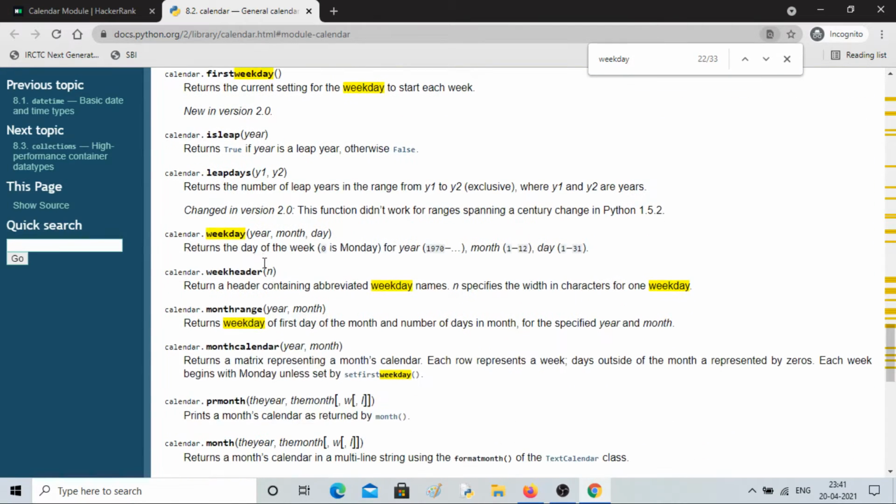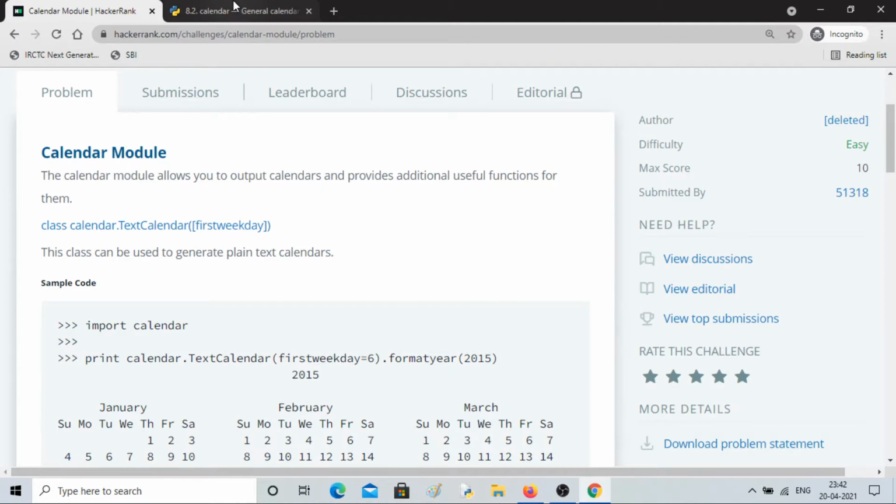Set first weekday and this weekday. So here you can see that you directly feed the year, month and day, and you will get the day of the week directly, given in number form, where 0 means Monday. I'll show you. So it's year, month and day.